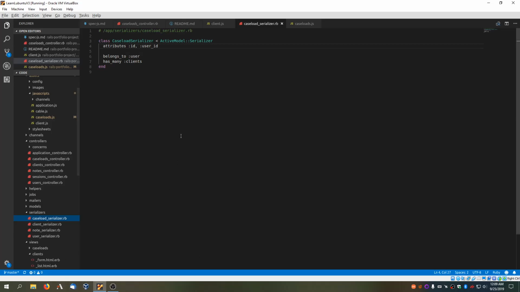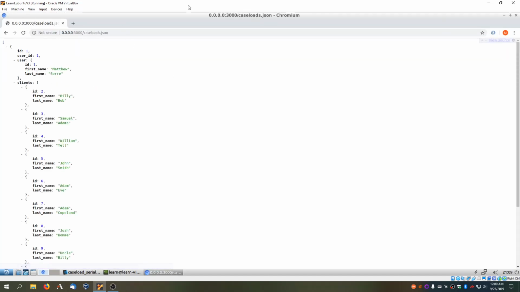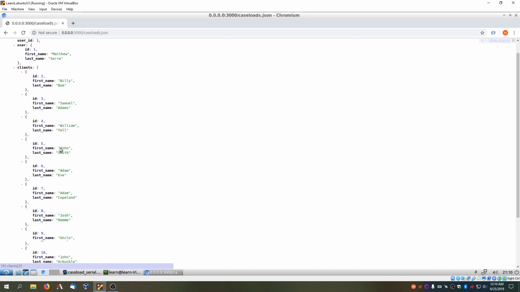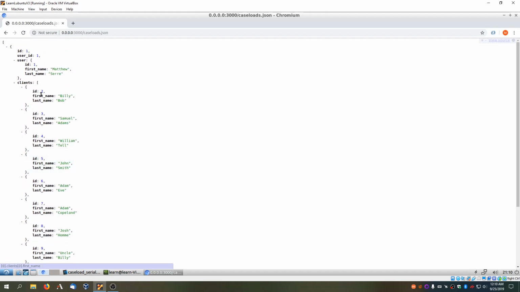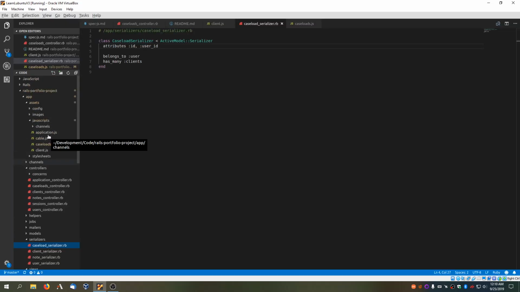So for example, if we go here and do it that way, we get the JavaScript object notation, which includes the user for the caseload, who's the case manager, user, it's interchangeable for this app, and then all the clients within that caseload, as well as some information about them, basically just their first and last name. So that is then being used